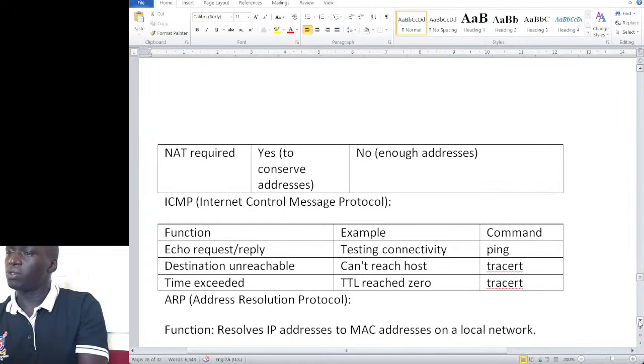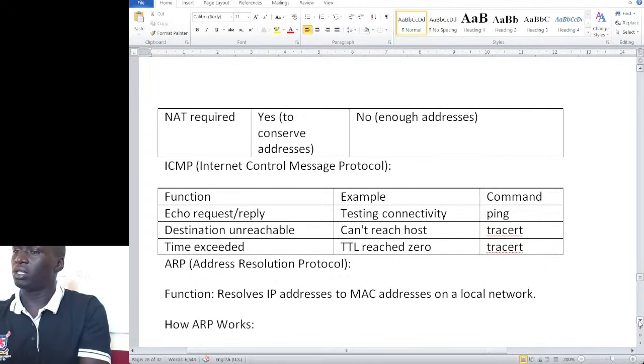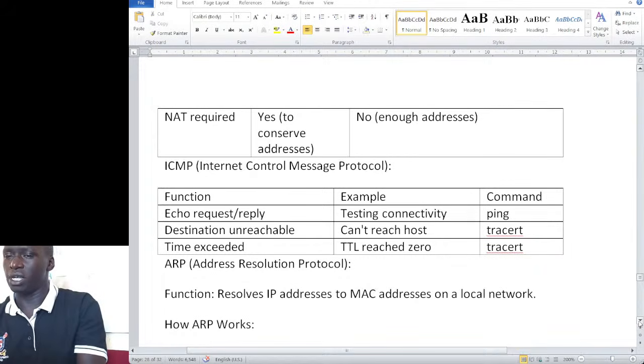We'll be learning more, especially when we'll be using this in addressing, because each computer is going to be given an address. We also have the ICMP, also known as the Internet Control Message Protocol, whose functionality is echo requests and replies. Especially, it is used in testing connectivity, for example in ping. We also have destination and